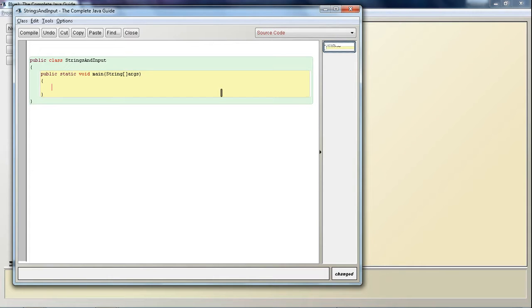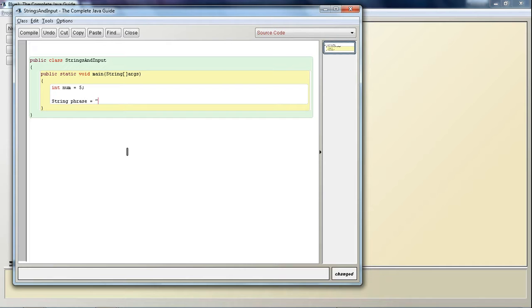Now, strings are just like integers in that they're also a data type. The difference is that instead of holding numbers, they'll be holding things like, well, letters and sentences. So for example, before I may have said int num equals 5. Now it's String, and note the capital S, that's important. String phrase equals good morning. It's actually evening right now, but